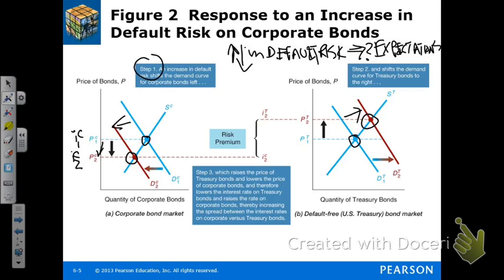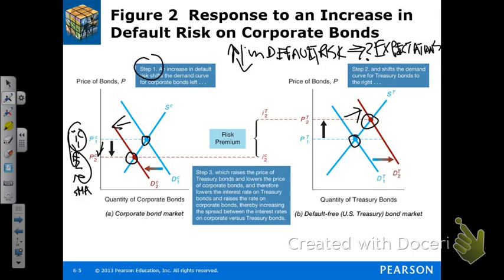What kind of relationship do we know exists between I1C and I2C? Anyone? Is I1C greater than I2C or is I1C smaller than I2C? I1C is going to be smaller than,